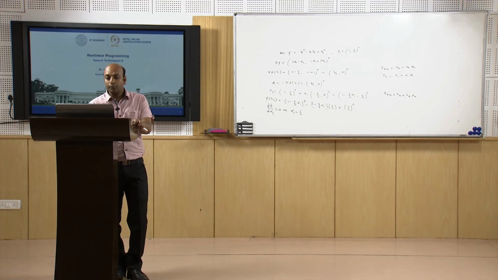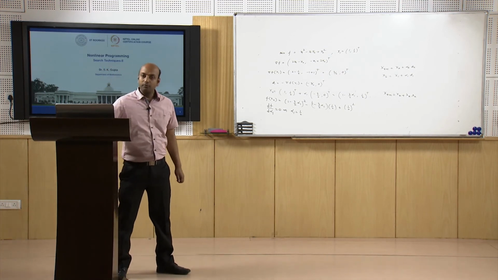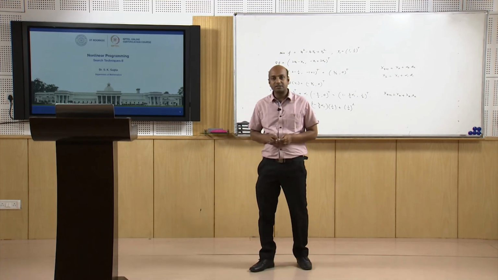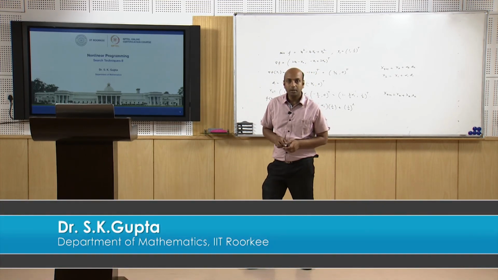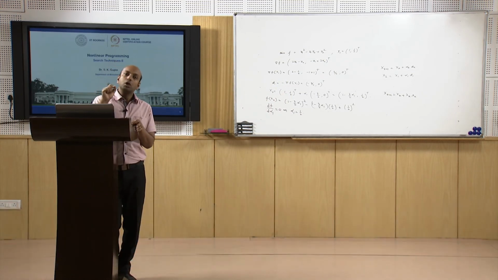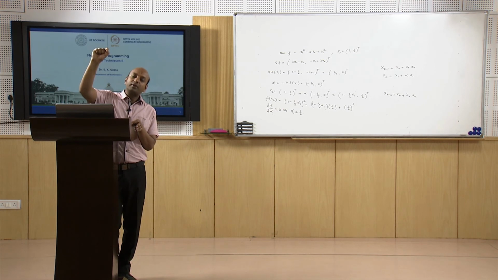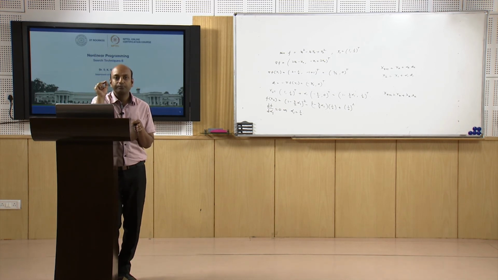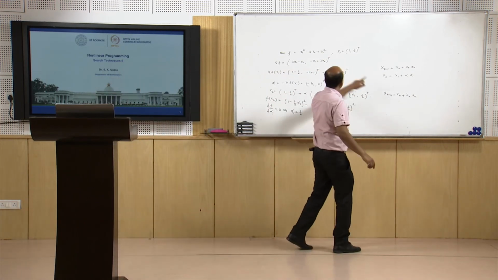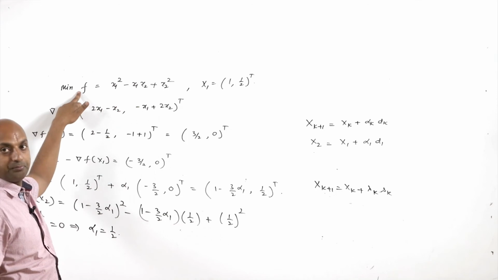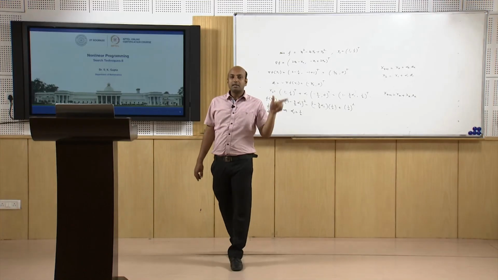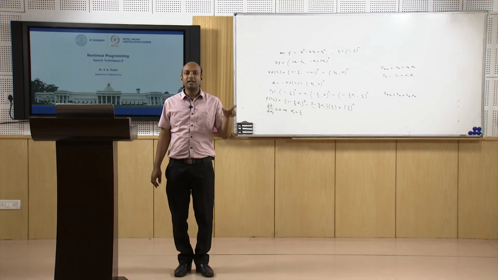So this is how we can apply the steepest descent method to solve an unconstrained optimization problem, okay. So basically in this method we start with the initial guess, go in the direction of the negative gradient of f, find the optimal step size by putting this new point in the function and finding the minimum, which will give the optimal step size and the next point. The same process continues till we reach the tolerance level,